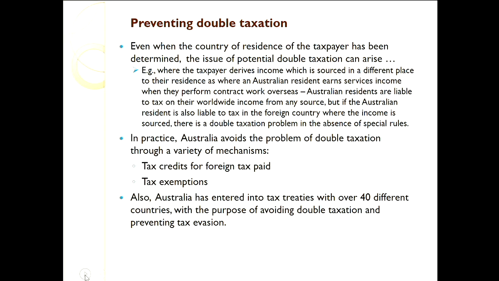So in that situation I gave you, where you've got an Australian resident who earns some income overseas and it's taxed overseas, what that person would do is, when they're completing their Australian tax return, they're going to be liable for the overseas income, subject to Australian tax, because the assumption here is they're a resident. But they can claim a credit, an offset for the foreign tax paid, so there will not be double taxation.